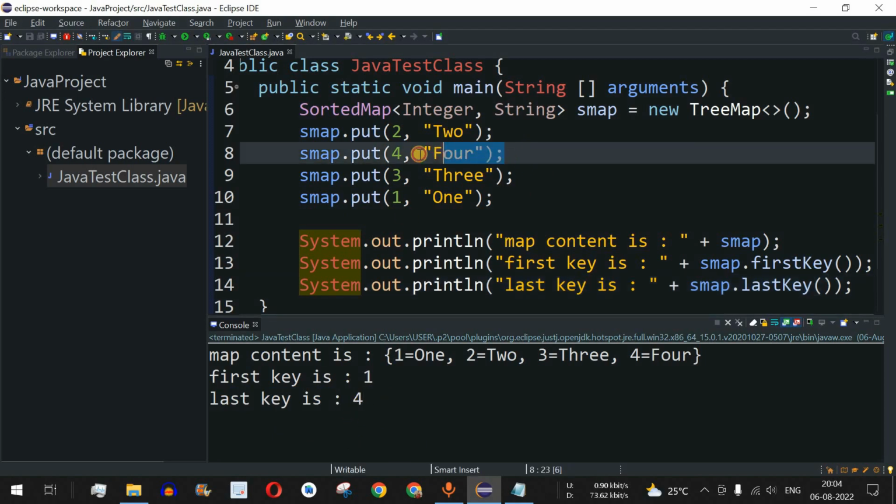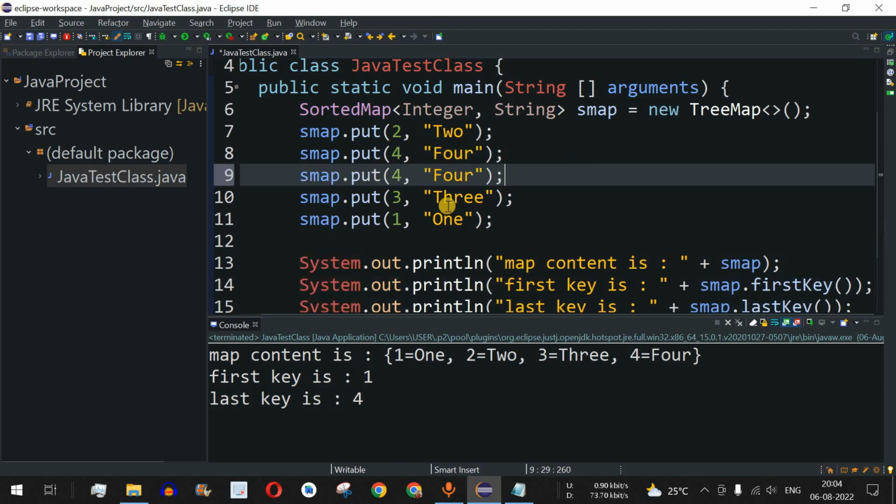So guys, let's say I provide one more number over here. Let's say I'll just copy this and paste this over here as the third element, but the element I provide over here is 10, and then instead of this 4 I will provide 10 as the string representation. Let me just save this file. Now for the last key, we should expect that 10 is being printed. That's because that is the highest key in all the keys that we have inserted till now. So let me just save this file and try running this code. So as you can see, last key is 10.